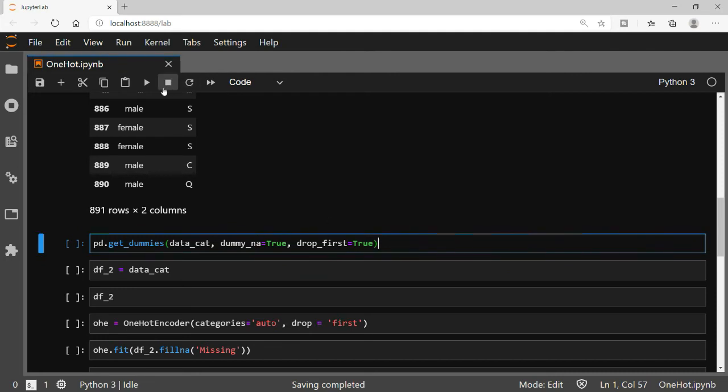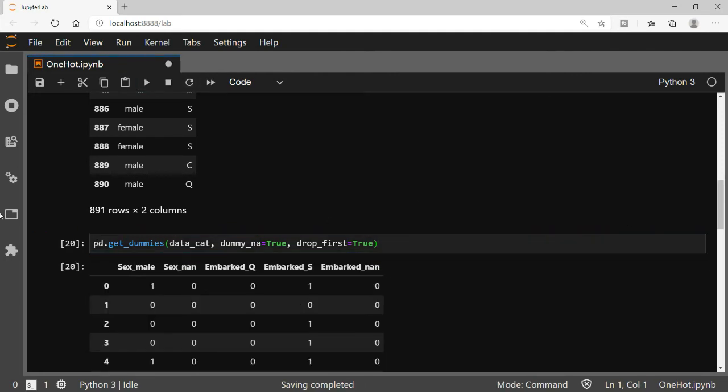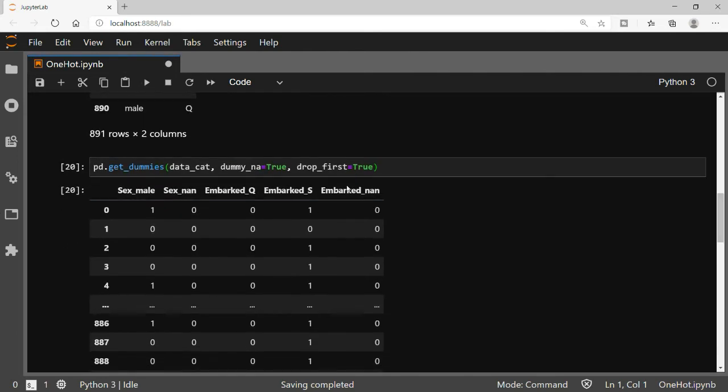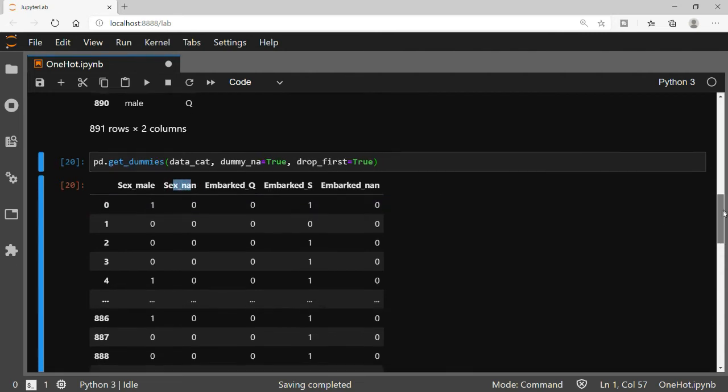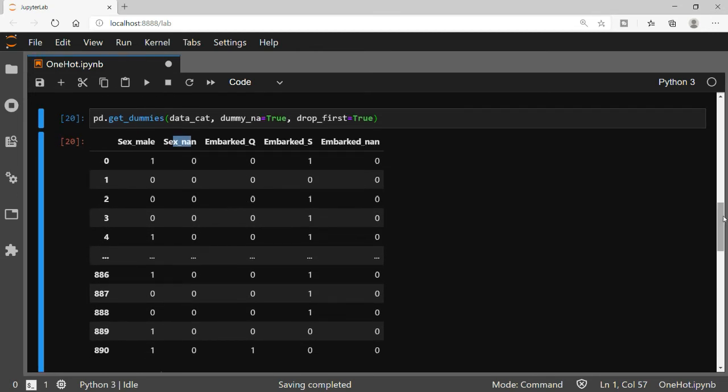Okay, so let me run this cell, and I have run it, and you can see here sex underscore nan. So what is this category? Sex underscore nan is simply a new category created by get_dummies. It has created a separate column for any nan in the sex column.